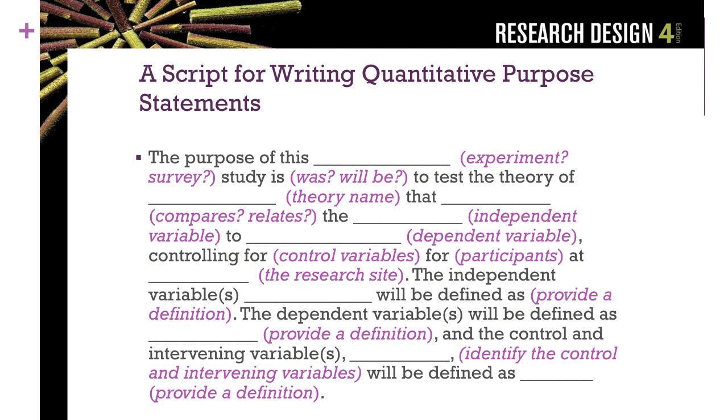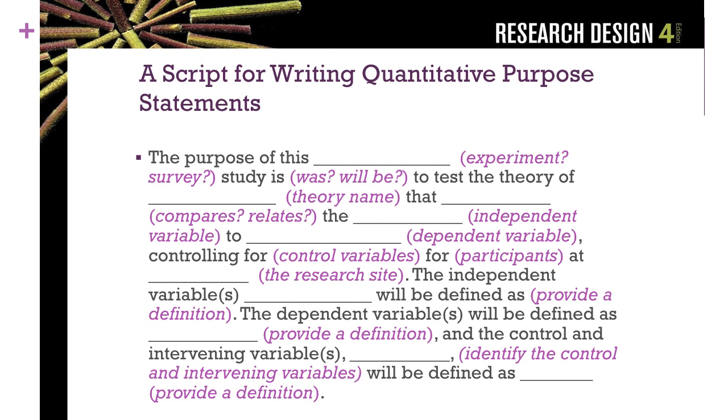So let's look at a similar script, but this one is a generic one for quantitative purpose statements. Compare and contrast these two statements and notice what you see to be different. Some of the setup is very similar. You talk about the purpose of whatever design you have, which is to test out the theory, if you have a theory, or to test out the relationship between